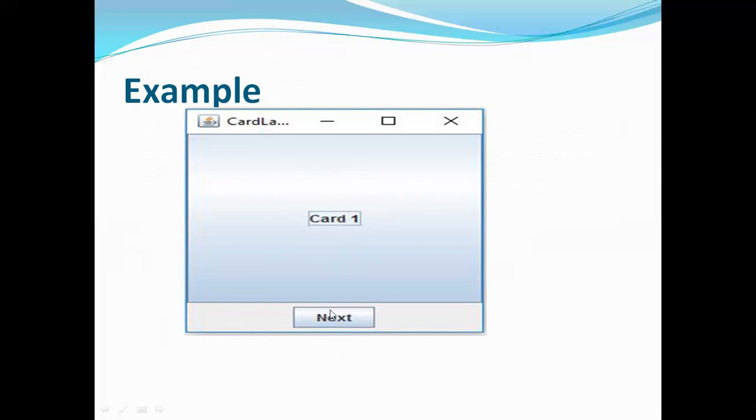So here you are including two concepts. One is card layout. Another one is you have added a button, and after pressing the button, the card is displayed. Means some event listener is here, means you are doing some action. When you are doing some action, that should be associated with an event listener, action listener. So based on the action, the card will be displayed on the screen. So this is the card layout overview.